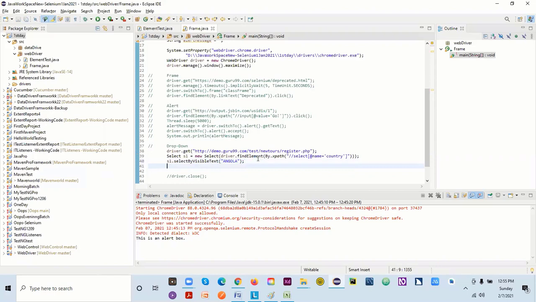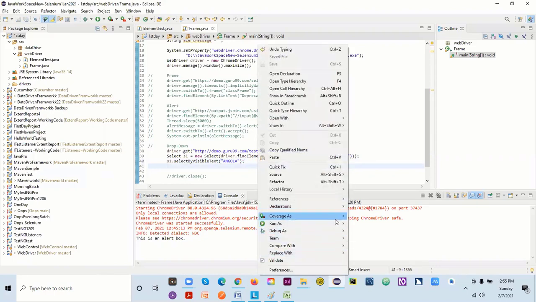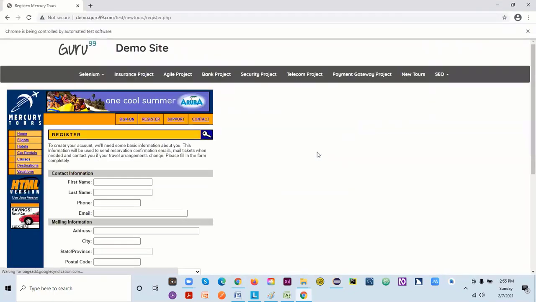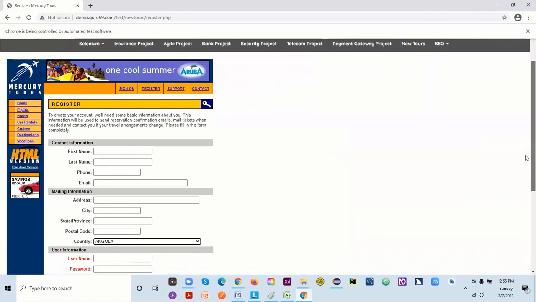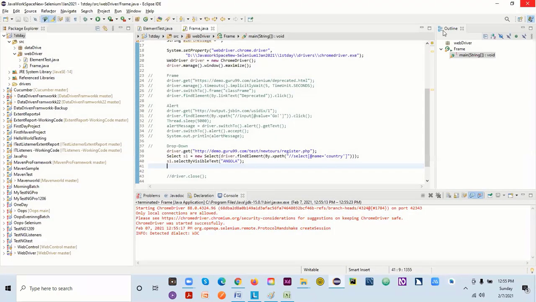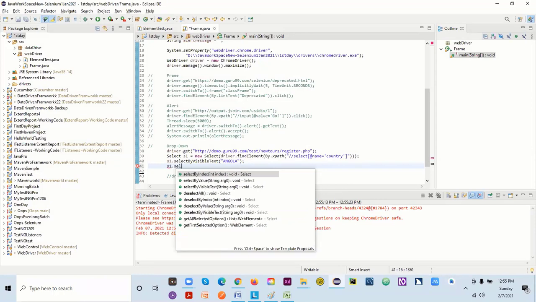So let's try to run it now. The page will open. Okay, it's there, that's why we are not able to see. Angola I selected. Let me just try again. If I run again, one more thing I can do is S1 dot select by index.